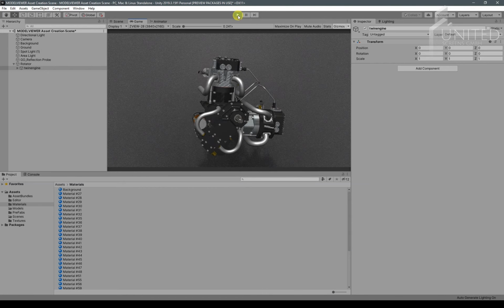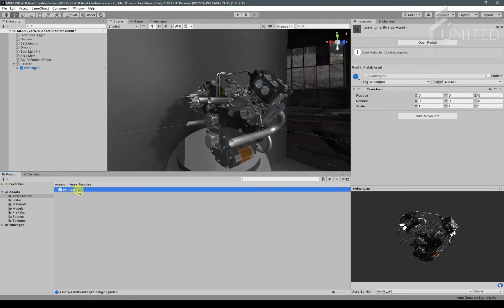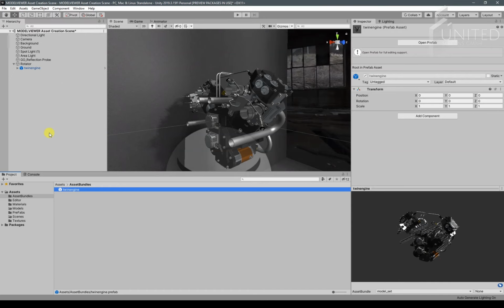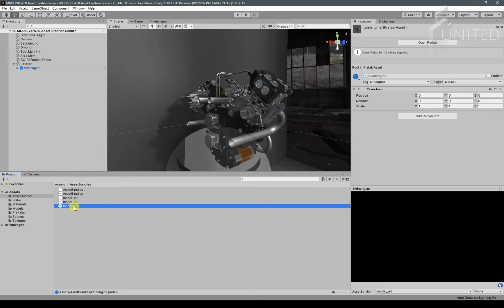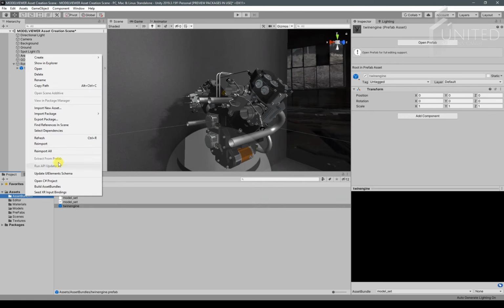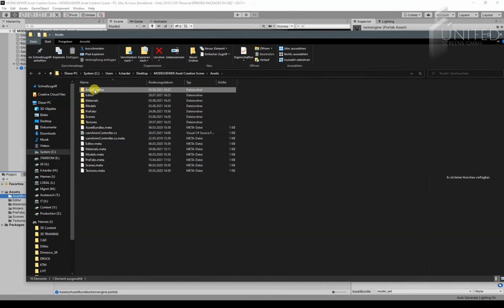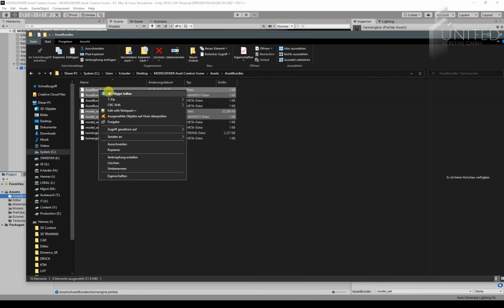We stop the play mode because the engine is still in our asset bundle. We can simply click on Assets and build the asset bundle again. Once done, we right-click on the asset bundle, say Show in Explorer, and then go into here, select all the asset and model files, deselect the meta files, copy them,